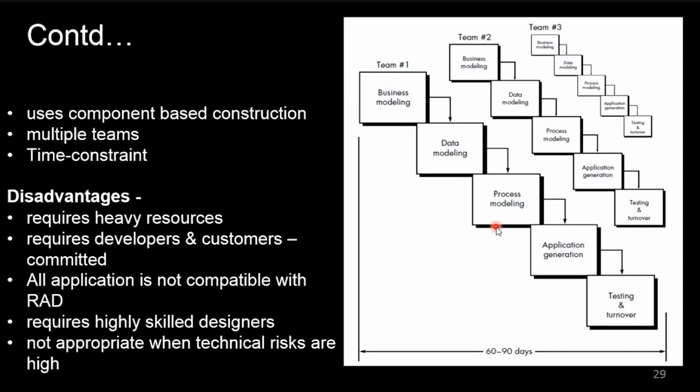After that, there is application generation. In that, we are going to develop our application. We are going to code for it, and the RAD model also uses some automated tools to construct your application. After that, testing and turnover. Testing is done in the RAD model, and each and every team is going to consider this. So your product will be tested thoroughly, and then it is provided to the customer.